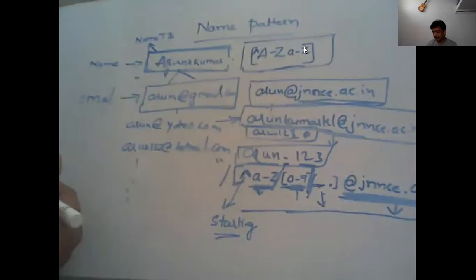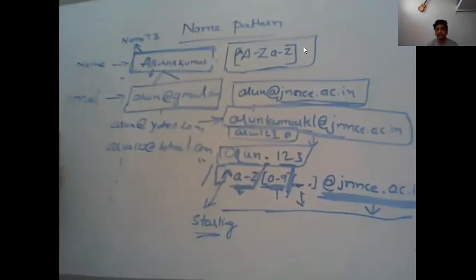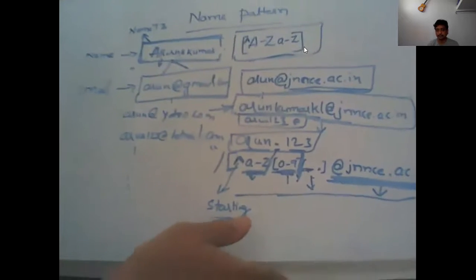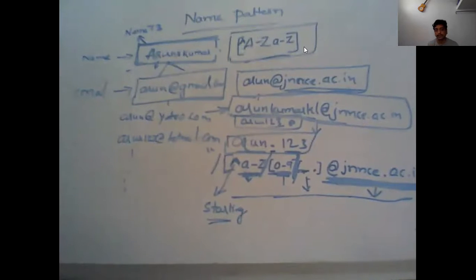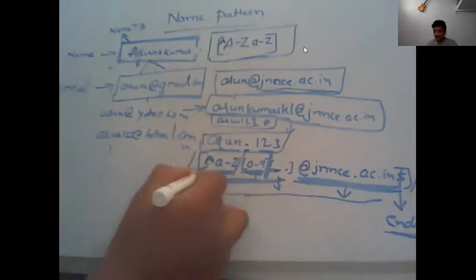How to write a pattern for that? Anybody? Can you think of how to write a pattern for email to accept all kinds of email IDs, not only for jnnc.ac.in? Anybody start thinking. If you have any ideas, share with me how to write the pattern. Here the thing remains easy, this part is the same, right? If you go for any email ID,